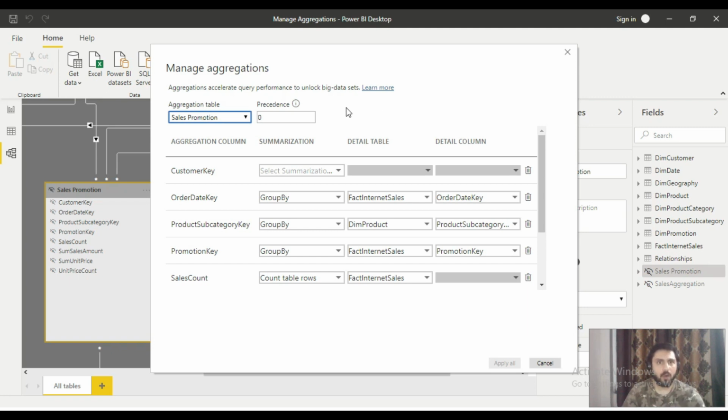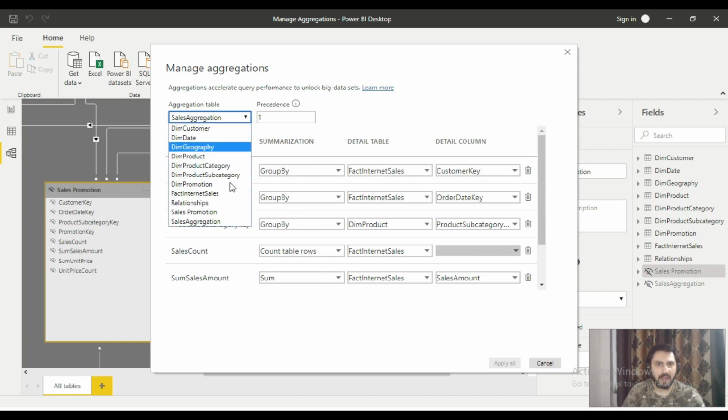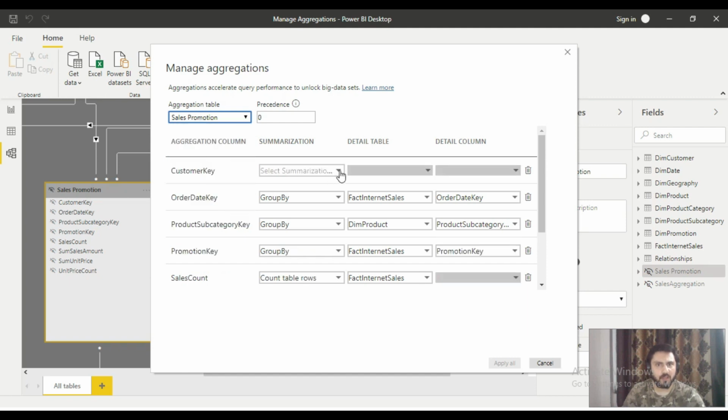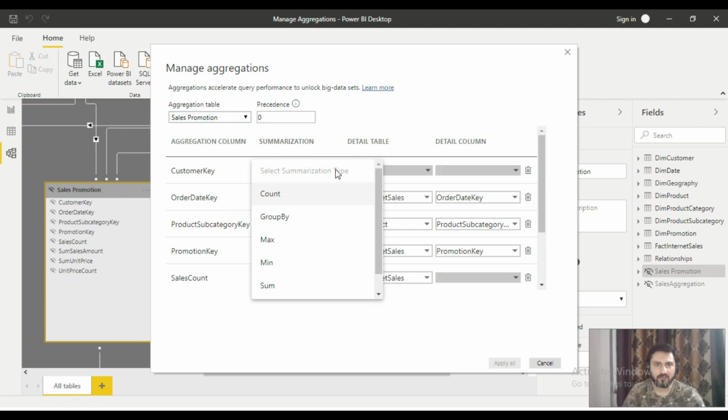So now we come to defining the relationships within the dimension model. So these are exactly the same. If you go back to the previous table, you saw all these aggregations. So now I have also defined the same for the sales promotion table. So this is the missing one which was for the distinct count case. So let me define it again.